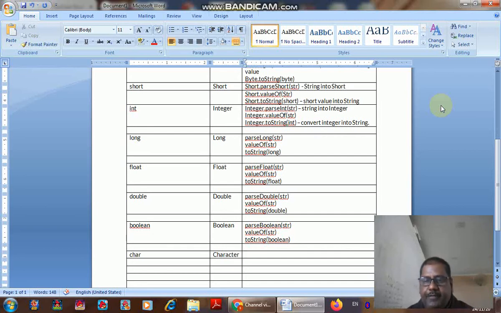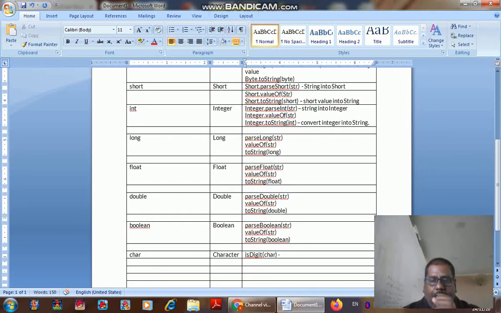Next we have the Character class. char is a data type, and the wrapper class name is Character. So there are different functions in it. Number one is isDigit. You will pass a character value into it, either in the form of an ASCII or an alphabet.